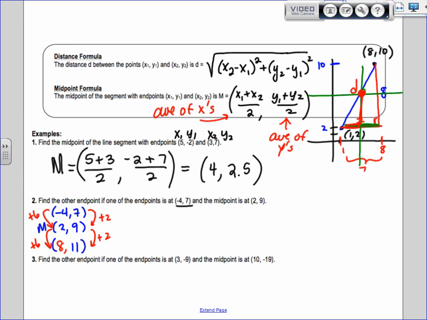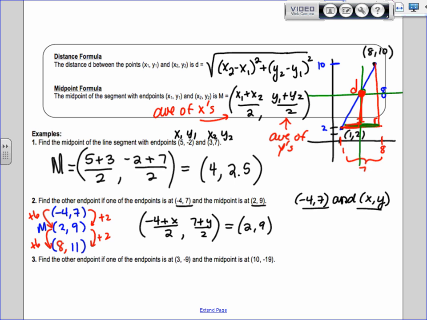So basically, you take your endpoint and you pair it with the other endpoint. Let's say my endpoints are -4, 7, and some other endpoint, x, y. If I'm finding the midpoint between these two, I'm adding the x values together and dividing by 2, comma, adding the y values together and dividing by 2, and writing it as a point. That has to equal the midpoint, 2, 9. So when I set this up, I say -4 plus x over 2 equals 2, and 7 plus y over 2 equals 9. And I solve both of these